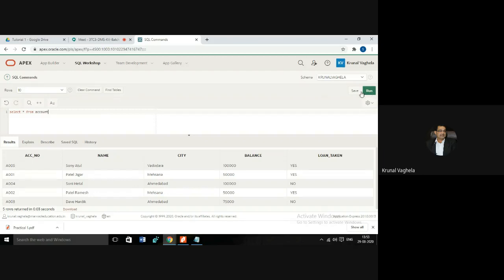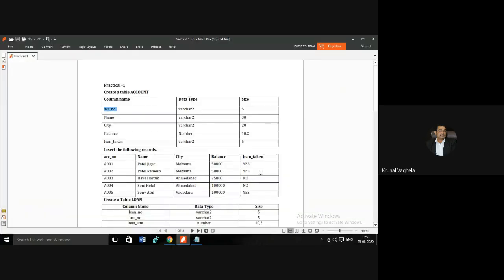Right? So this is how you can create the table. Let me create one more. So now you can understand. 2 I am creating, 2 you need to create so that you can also have the practice to create the table. But now let me explain.